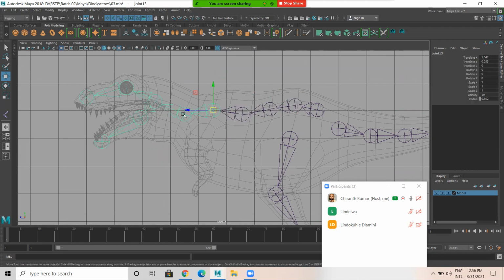Then this is the base neck part, base head part, base head. This is the neck, jaw 1, jaw 2, eye 1, eye 2. Okay, something like this. Okay, we'll name this. So what I'll do, I'll select individually.